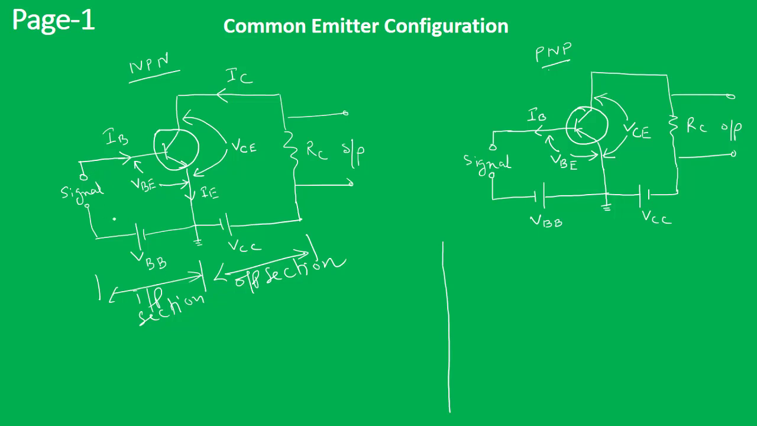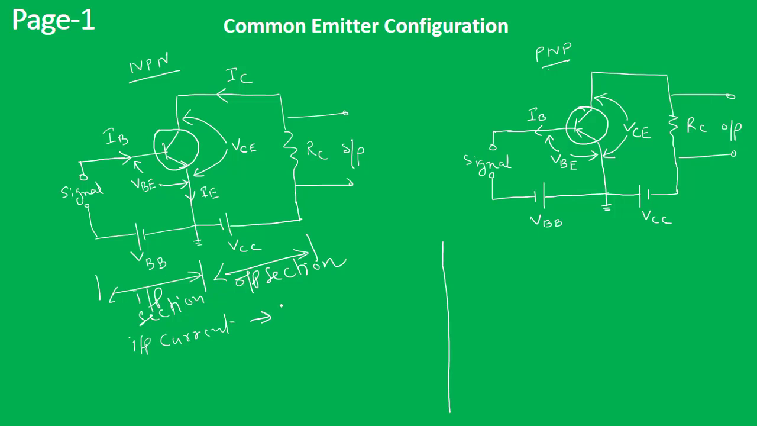signal applied to the base emitter section, that is input section is base and emitter terminal. So between base and emitter terminal we are providing the input signal, and from the collector and emitter terminals we are taking the output. So now if we list the set of input and output for characterization of this common emitter configuration, then we can say that